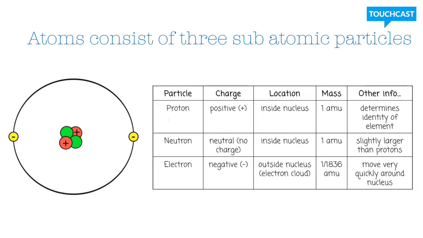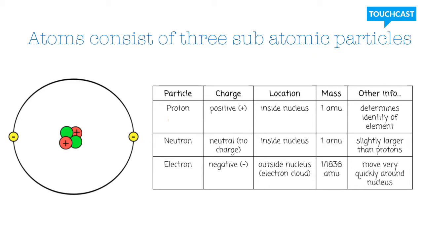Okay, so the information here discusses the three subatomic particles within an atom. You will need to draw this picture, and you should label it either by drawing arrows to the table that you're going to copy into your journal, or you can label them on the picture itself. But the three subatomic particles are protons, neutrons, and electrons. In this table you can see the charges of each: positive, neutral, and negative. Protons and neutrons are located inside the nucleus, and they have about the same mass, which is 1 atomic mass